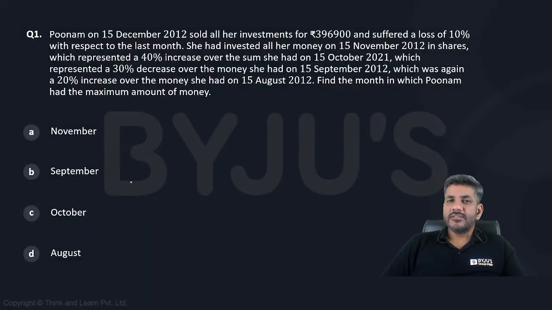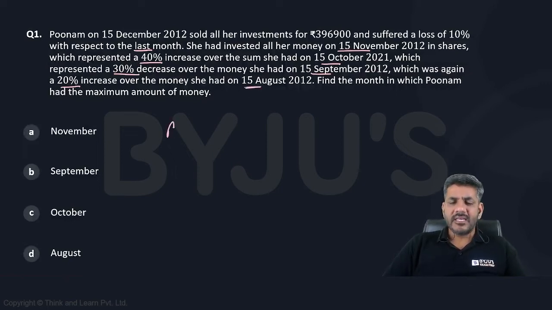So let's have a look at this first question. Poonam on 15th December sold all her investments for this amount and suffered a loss of 10% with respect to the last month. And what do you mean by last month? Of course, November. She had invested all her money on 15th of November, which represented a 40% increase over the sum she had in October, which is again the last month, which represented a 30% decrease over the money she